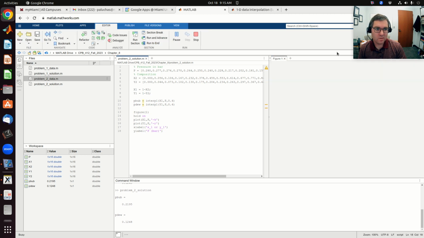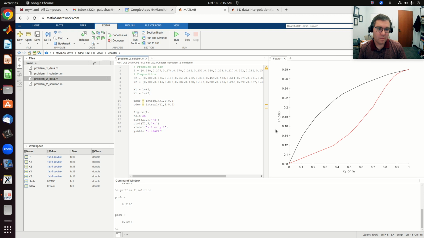So if I plot this, I'm plotting with respect to my most volatile component. Bam, so here's pressure versus composition, x1 or y1. Here's my bubble line, and here's my dew line. Now if you look, we actually have curvature to our data, so our bubble line isn't straight. Now that's okay, that's just a sign of this being a non-ideal system. The fact that I have curvature and it's positive, that's going to end up corresponding to positive deviations from Raoult's